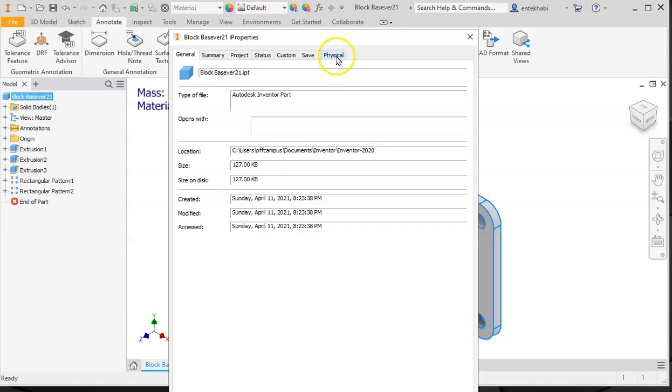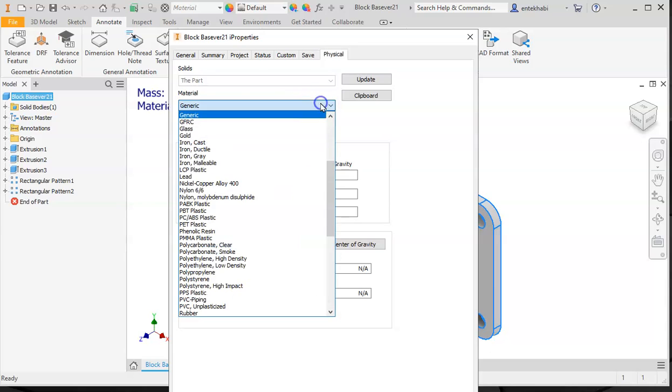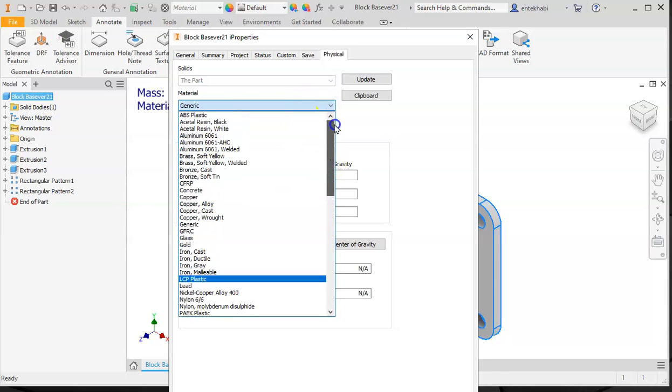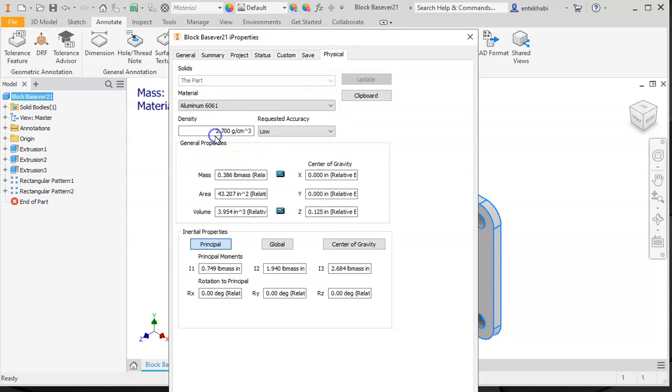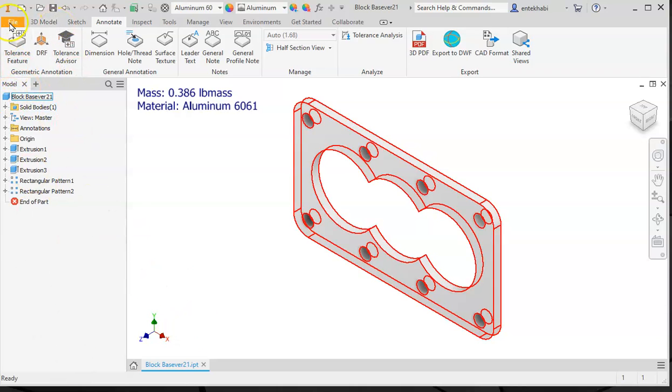Physical, and rather than generic, we want to have aluminum 6061 and apply. So information is given here, and we save the file. Don't forget to do that. And then you start